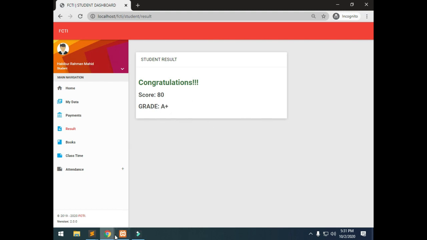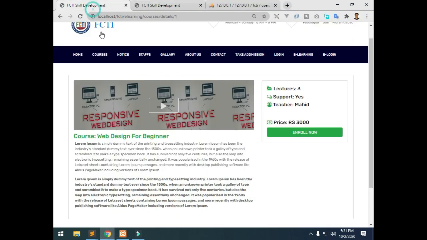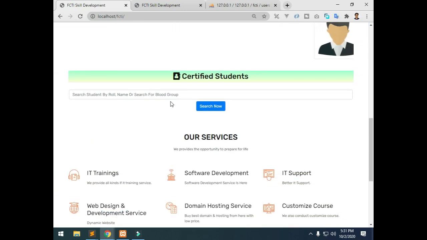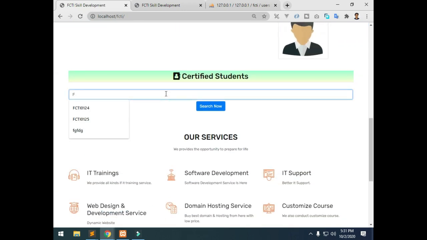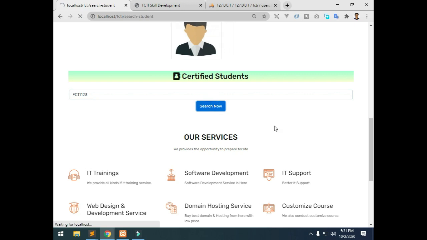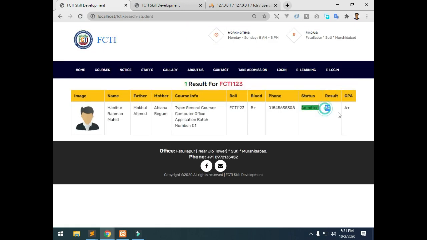Okay, if you search from the front panel, go to home, and when I put his roll number here, search now. Here the result: mark 80 and GPA A plus.